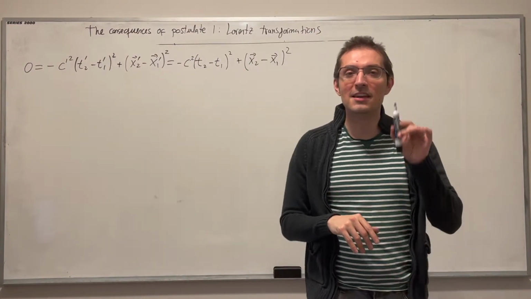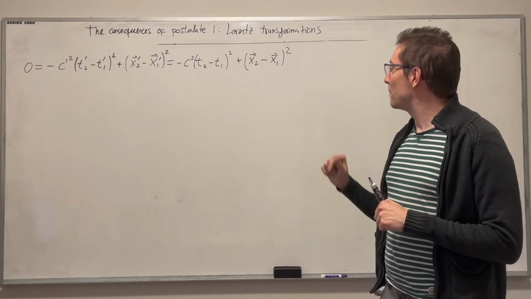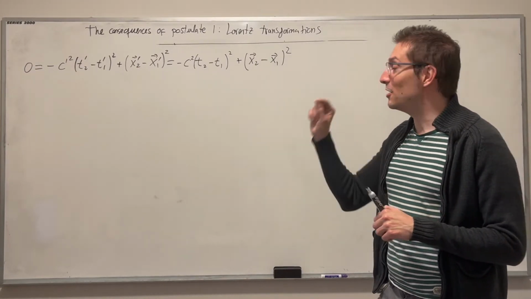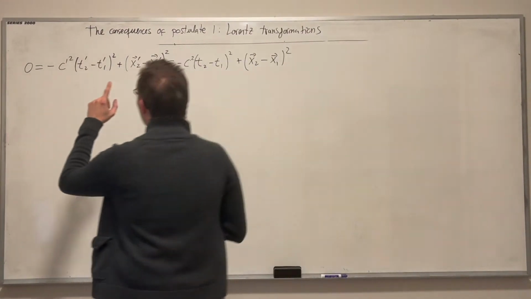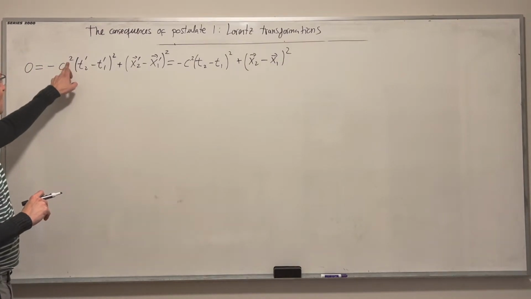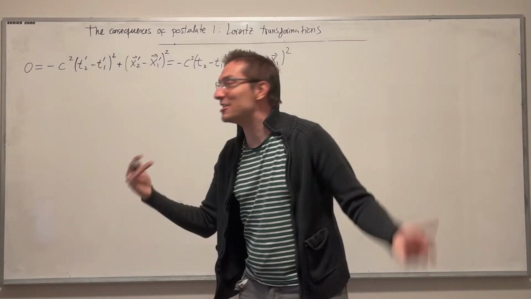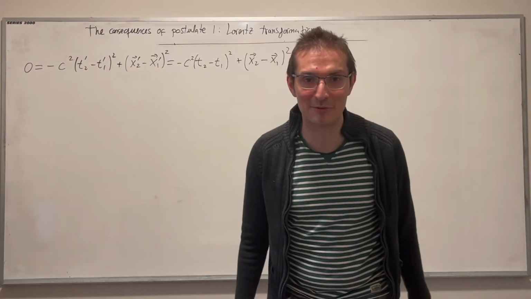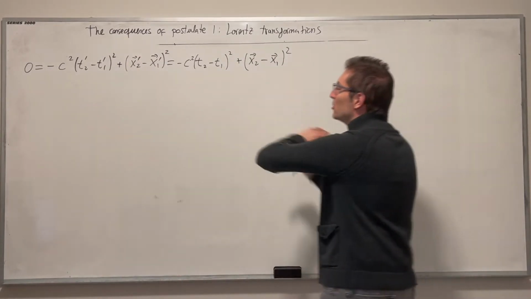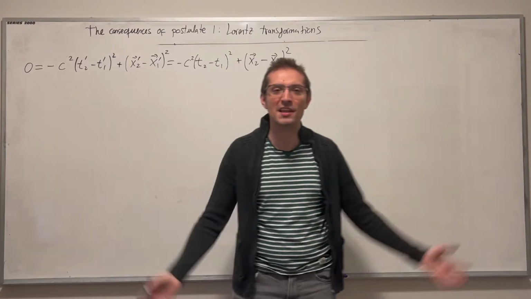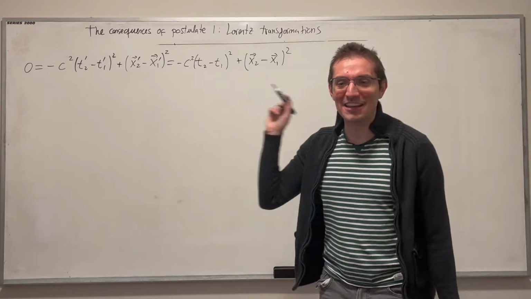So we haven't applied postulate 1 yet. Let's apply postulate 1. It tells me that the speed of light is the same from all inertial reference frames. What does that mean? Well, that means that this prime here, I can remove if I assume postulate 1, which is a crazy postulate but comes from experiment. The experiment tells me that the speed of light is the same from all inertial reference frames. So c equals c prime. That's the only thing. That's where relativity entered the picture. So far, it hasn't entered. Now it's invited. The door is open and all the monsters come in. So let's see what the consequences are of that innocent change.